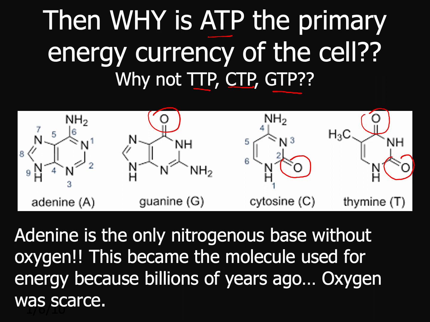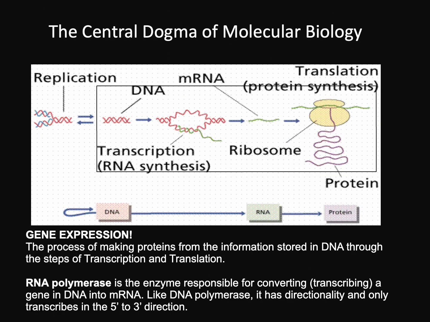And this is why ATP became the primary energy currency of the cell, because millions of years ago, whenever organisms were evolving and using energy, oxygen was not as available in the atmosphere as it is today. Oxygen was very scarce. So they evolved to use the nitrogenous base that did not have that limiting factor of oxygen. Pretty fascinating stuff. Now back to this image, the central dogma of molecular biology, because now we're going to